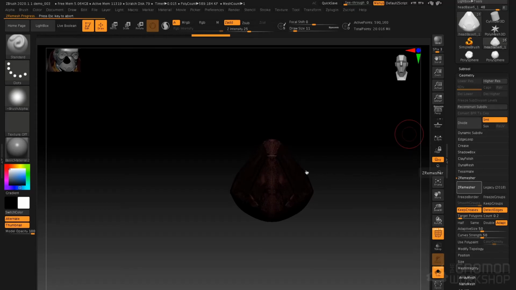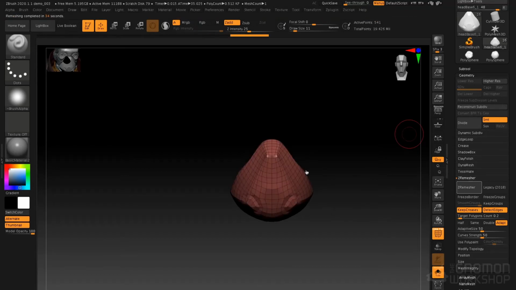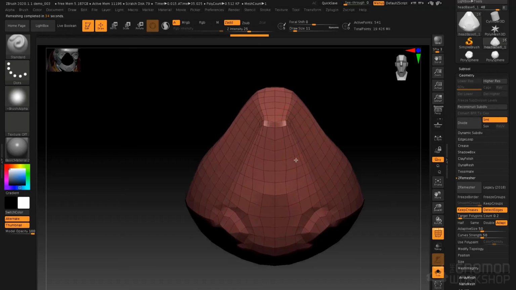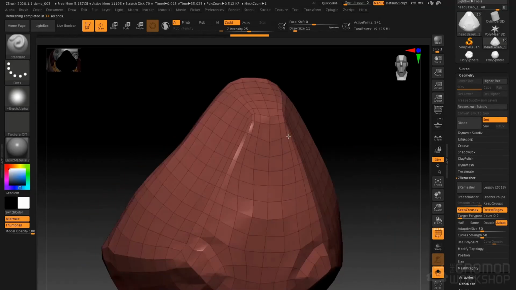If you haven't seen the video on booleans yet, you can learn a lot more about them if you watch the boolean section. But I just want to touch on those here because it works really well for this particular character. So here we go. We've got a nice remesh here. So what I'm going to do, I think, is